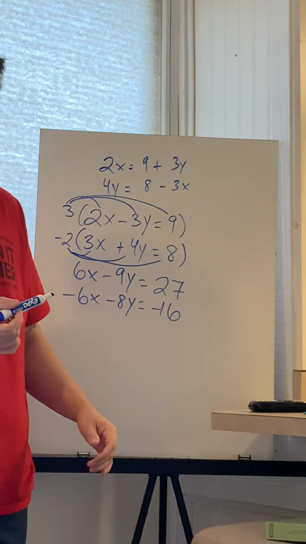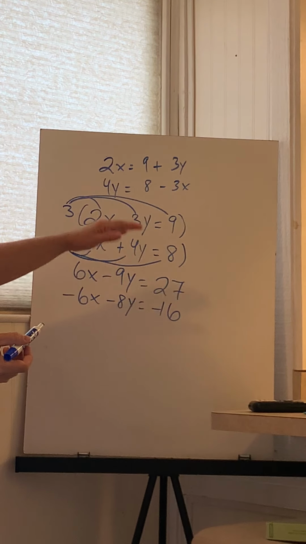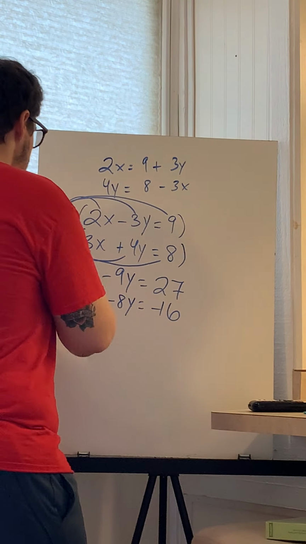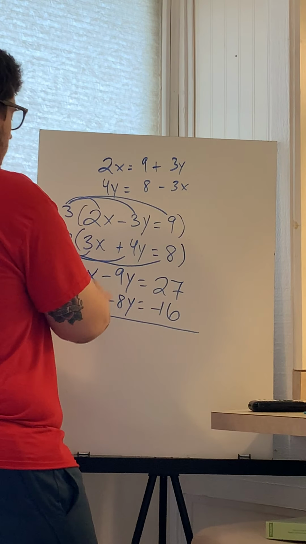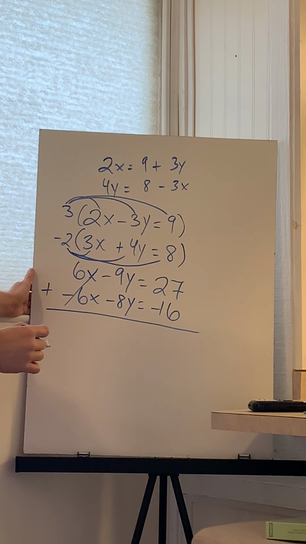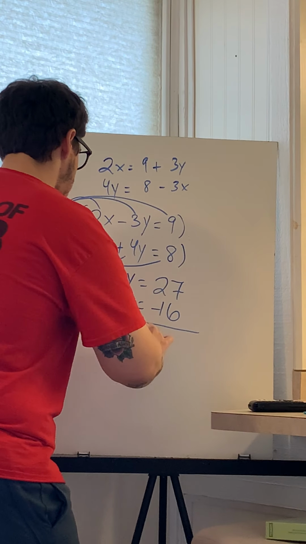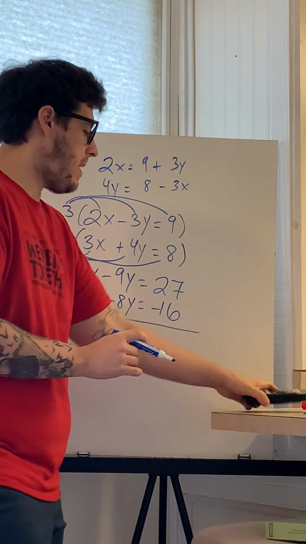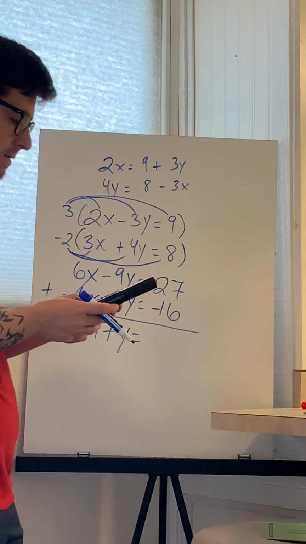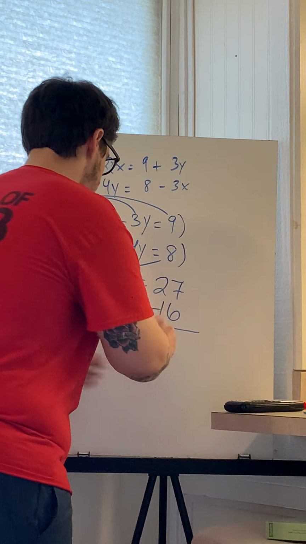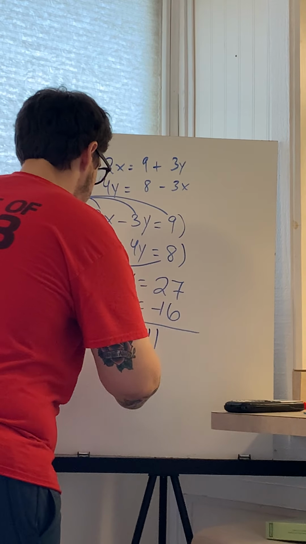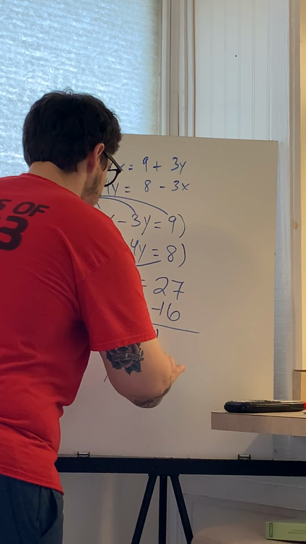And then because I have these equations on top of each other with opposites, I can combine them using my addition method. These cancel. -9 and -8 is -17. And 27 minus 16 is going to be 11. So that means y is going to equal -11/17,